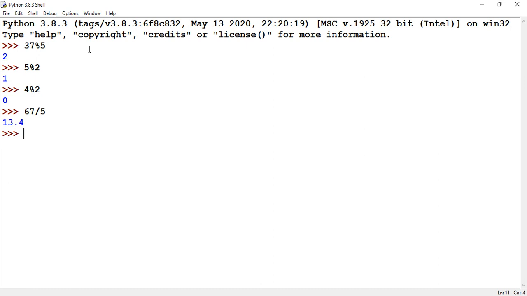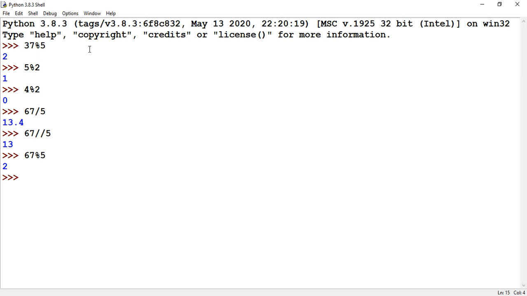So we can do it by 67, double slash 5. It gives you 13, that will be the quotient, and 67 % 5 gives you 2. So you have the quotient and you have the remainder.